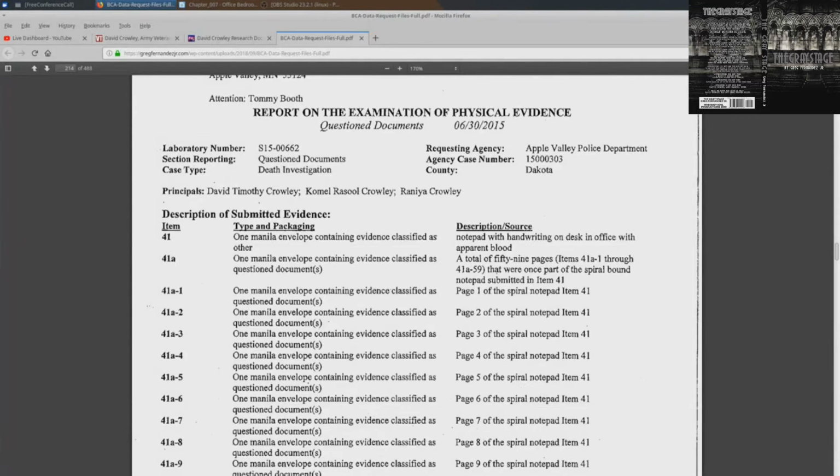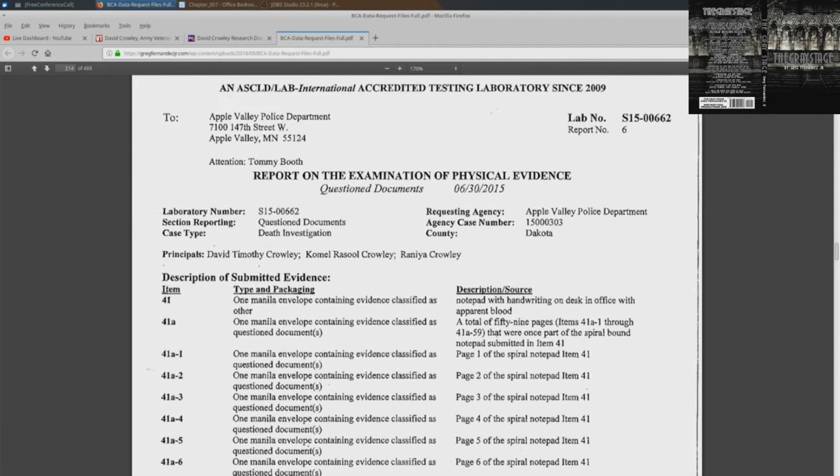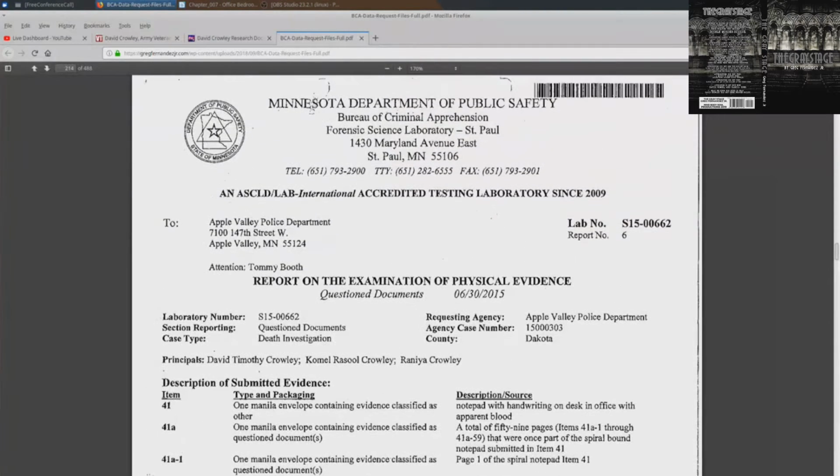I've noticed that we've been going over everything that Apple Valley Police Department has and how they've conducted this investigation. Do you think it would be a good idea to find a successful investigation done by another department with a situation very similar to this one, so we can see how a different department would go over everything and what they would include? Absolutely.